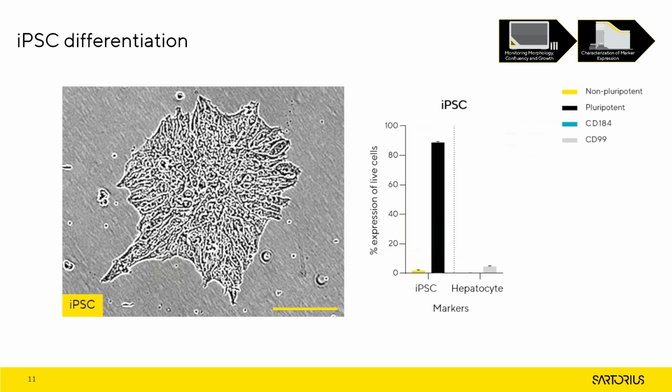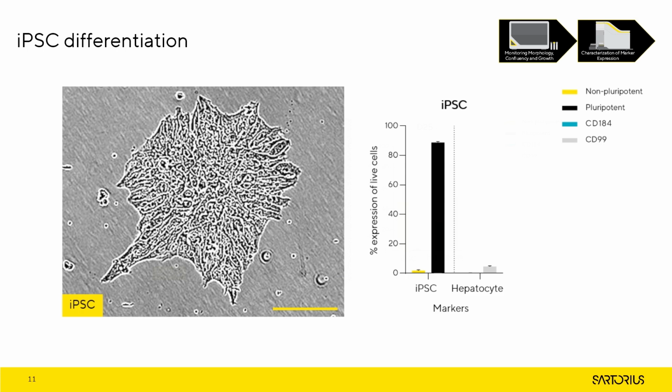Here is the data collected while monitoring the differentiation of iPSCs into hepatic lineage cells. The micrograph on the left was taken using the IncuSite and displays the morphology of a normal iPSC colony at the beginning of the differentiation protocol. To the right of this image is a bar graph showing marker expression analysis performed on the IQ. As the data shows, iPSCs have a very distinctive morphology with individual cells packed into a colony. The marker expression shows a high level of pluripotent marker expression, approximately 90%, with minimal to no expression of non-pluripotent